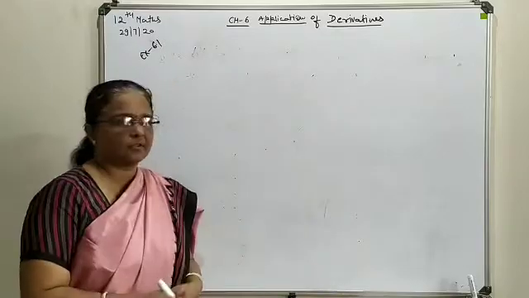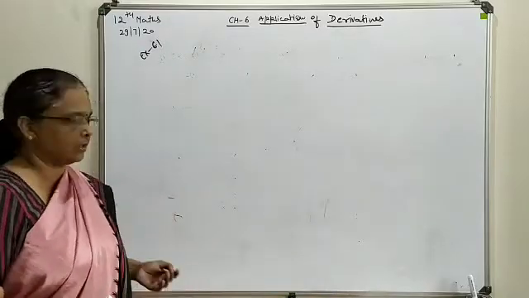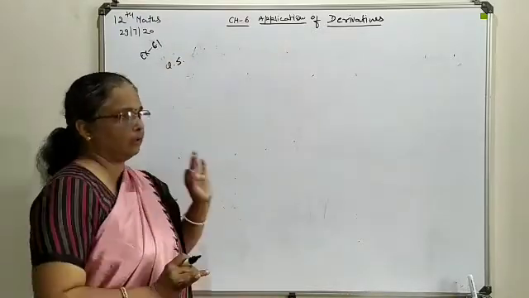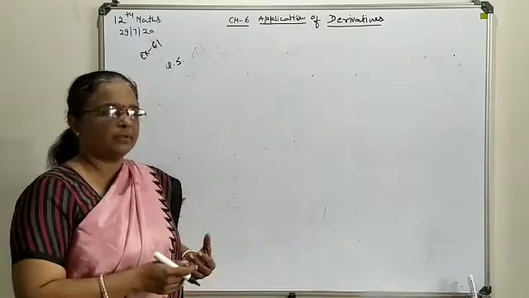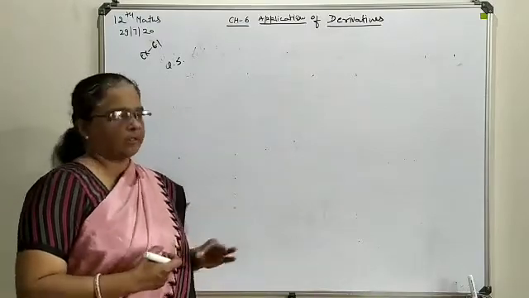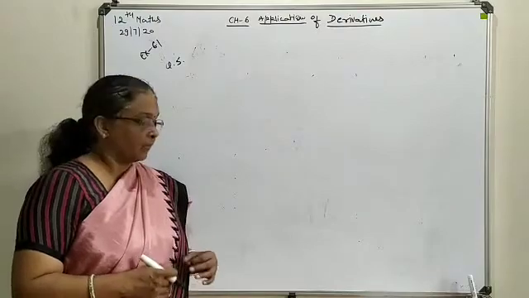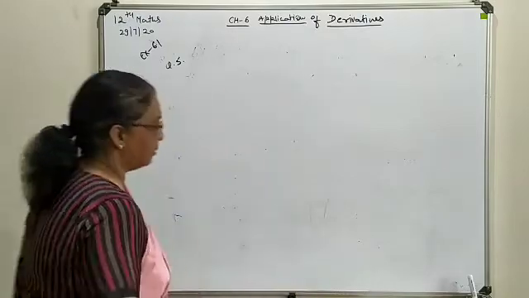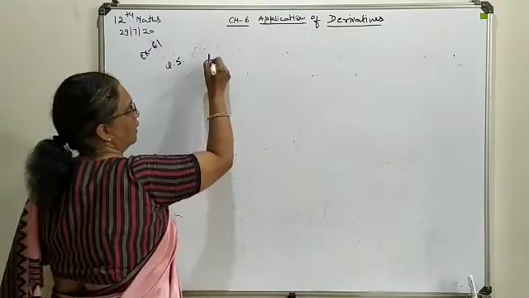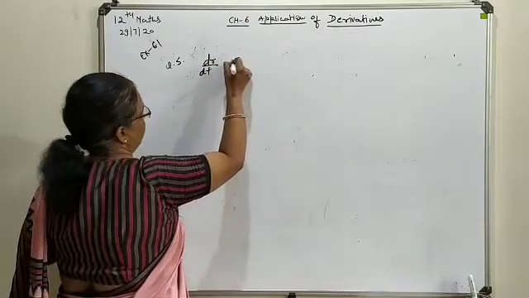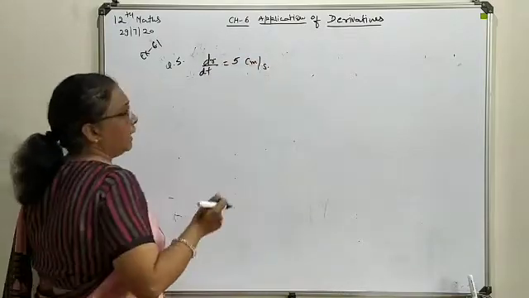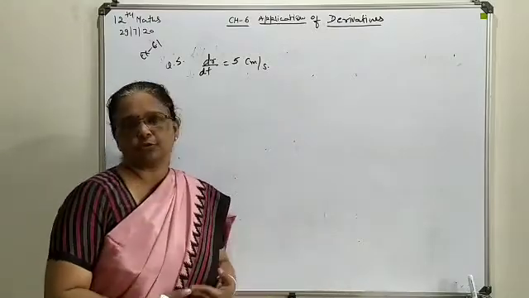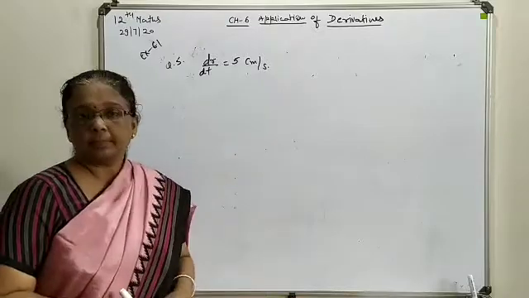Here, if you understand the meaning of the question, we can easily find it. What is going on here? In still water, a stone is dropped, which means obviously the waves will be generated as concentric circles, and the rate of change of the radius is available as 5 centimeter per second. So dr by dt is available as 5 centimeter per second, and as the circle is increasing from the center, the radius is increasing. So here we will use a plus sign.